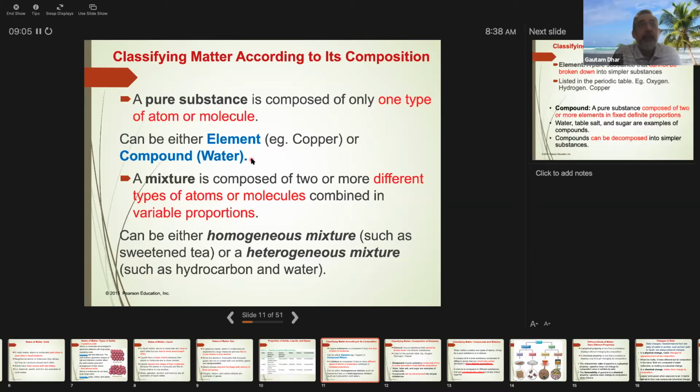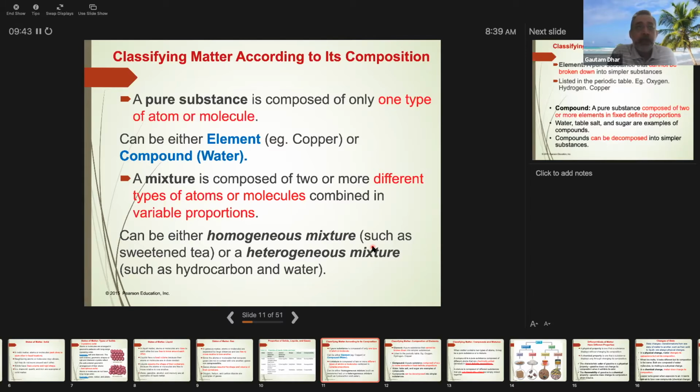Now within the mixture, as I said, you can have various proportions. The mixtures can be of two types: homogeneous and heterogeneous. Homogeneous means evenly distributed. Heterogeneous means uneven. Now you have to know examples from each of them. So for evenly distributed, you can think of sugar dissolved in water, sugar water, salt water. These are all homogeneous. What that means is that if I take a sample from any portion of the liquid, it will have the same composition, evenly distributed.